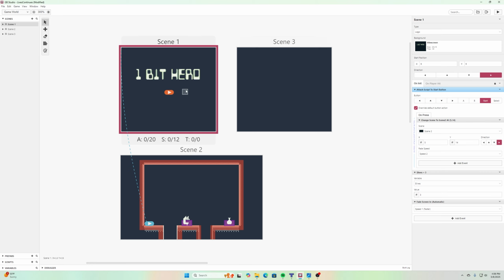All right, so once we start the game, then our lives is equal to 3. And then we'll press, I have this screen here with a little button on press. It takes you to scene 2. That's where we play our game. Okay, so that's good. We have lives there, but we have no way for these lives to be taken away